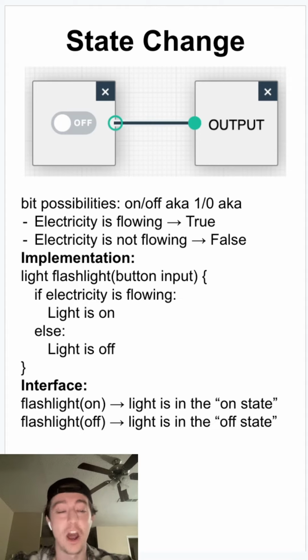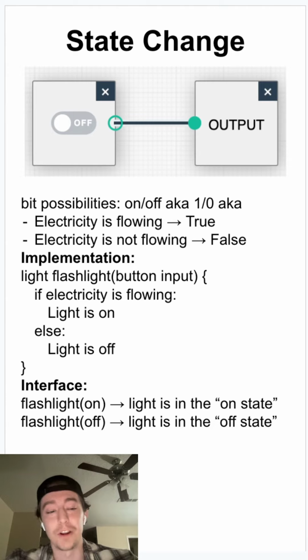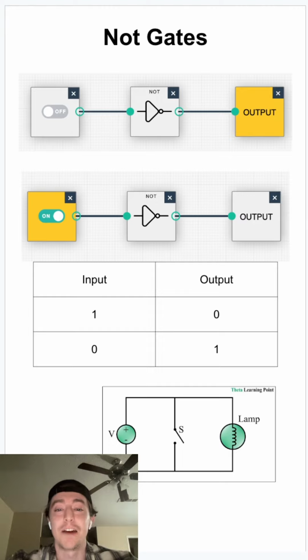I hope you all enjoyed this and it didn't make it too complicated. Ask some questions if you want, and this will soon lead into the ideas of state change and how here we are essentially doing 1-bit processing. It's pretty cool. And how the flashlight eventually led us to having all of these different logic gates and eventually the